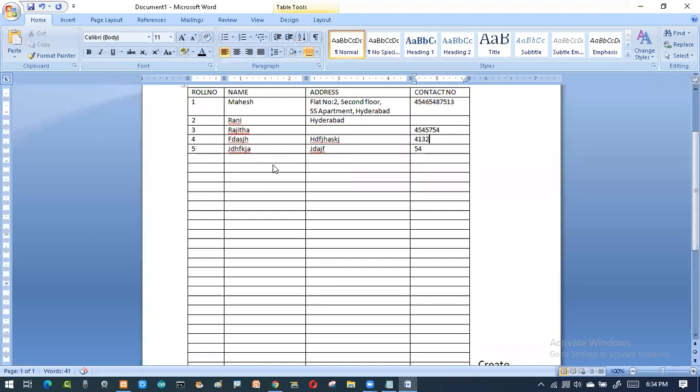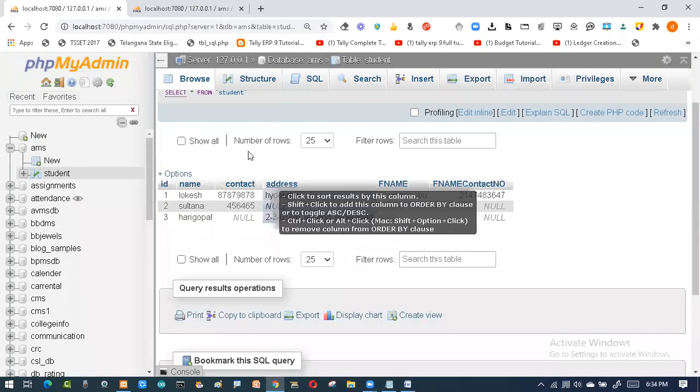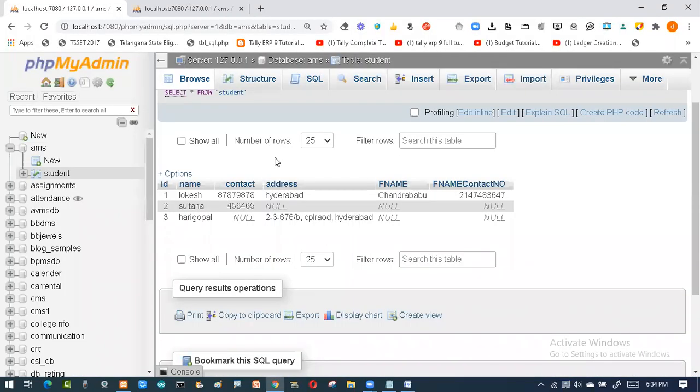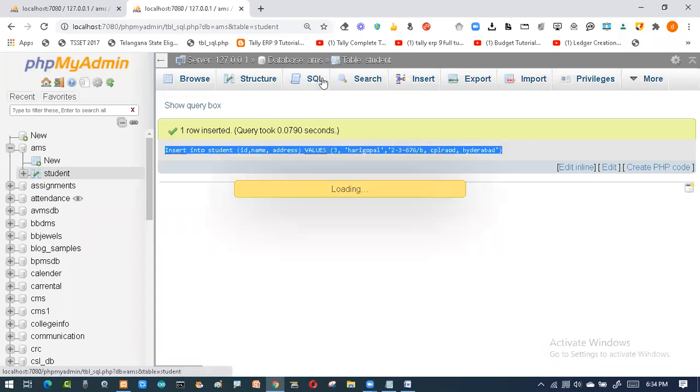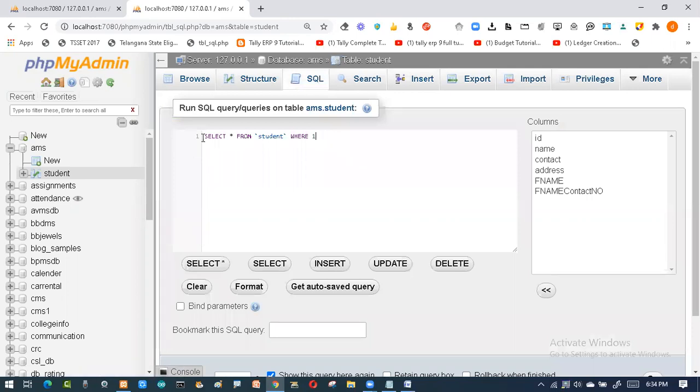In the SQL command, here I'm typing like this, but when you go for SQL, what I have to do is copy this, in order to avoid typing work. So I will be adding this like this. Then for all records, I'll say roll number 4, then the name Geeta, then the address, then the contact number.